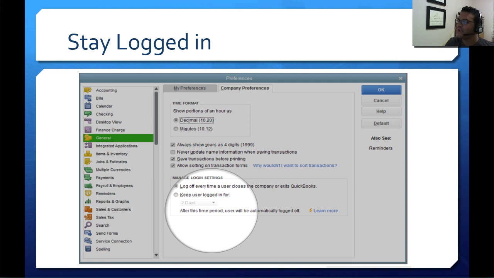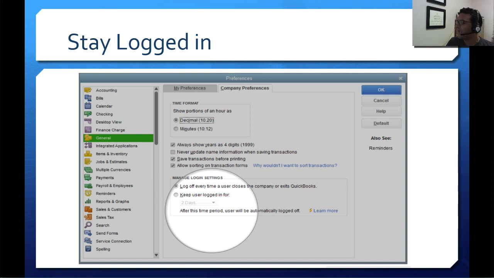The other feature that they added, and you'll be glad to hear that it's not just on the 2018 edition, it's also on the latest release of 2016 and 2017. So for both of the last two years, 16 and 17, if you upgrade to the latest release, they added this feature too. However, they're showcasing it in 2018, because it was the 2018 development resources that brought this up. The Stay Logged In feature is specifically good for accounting professionals or consultants that open and close a lot of